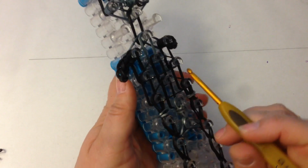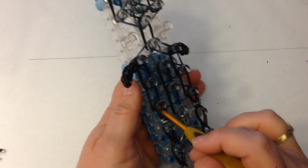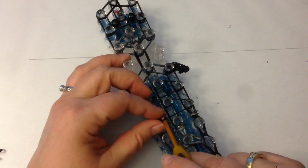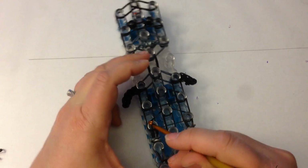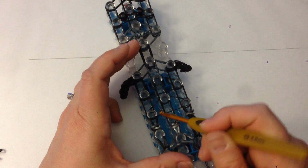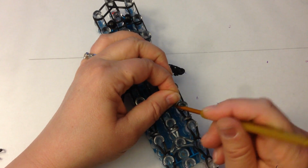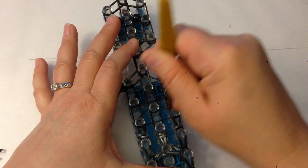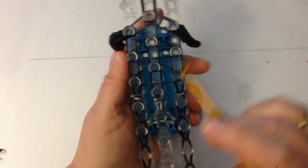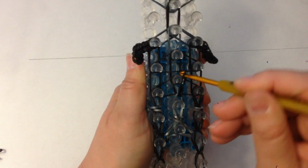Okay, now I'd really rather have this hidden so that it's not on top of this. So what I'm going to do, I'm going to lift it up, take the first 2 bands off, place that triangle one under, and do the same there. Again, take the crossover off, lift the first 2, place my crossover and put back. Now I'm going to loom up just the black band,